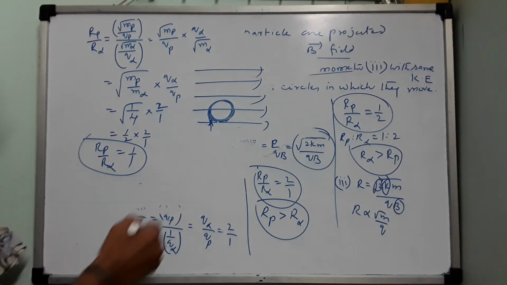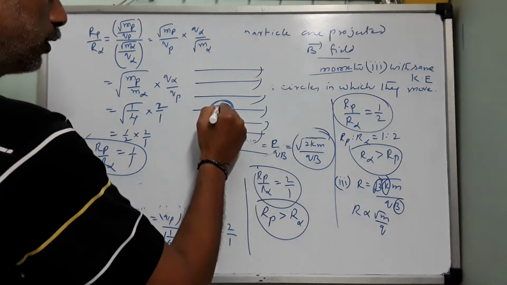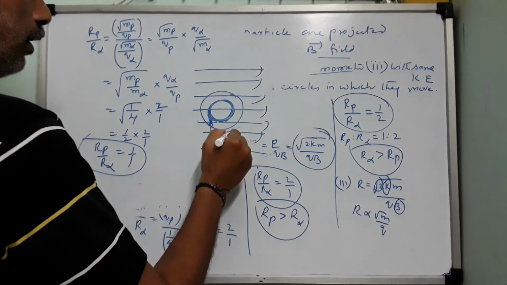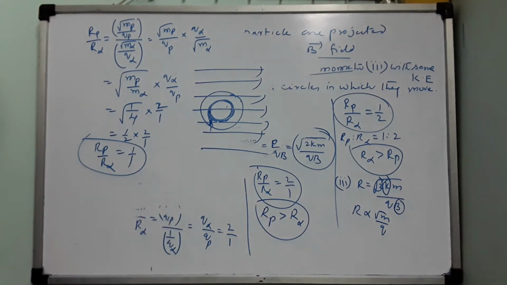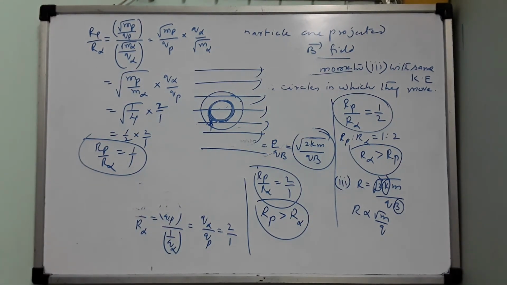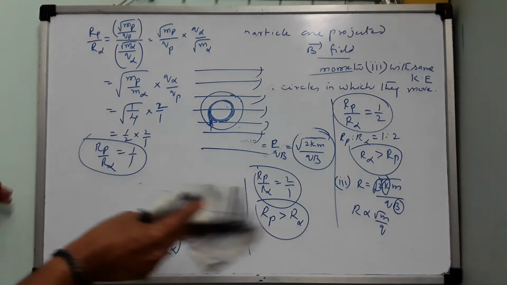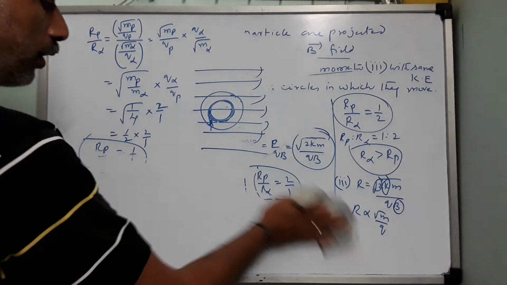Okay, if the case is different, this is proton, then this is alpha particle. If this is alpha particle, this is a proton, and if this is alpha, this is proton. So it will change accordingly the physical quantity, velocity, momentum and kinetic energy. So all the three cases we have discussed. Very, very important numerical.